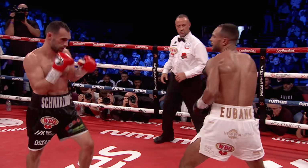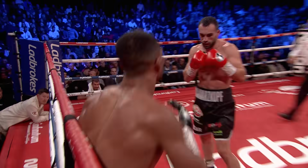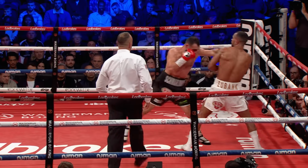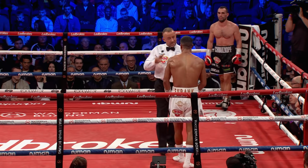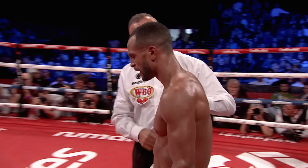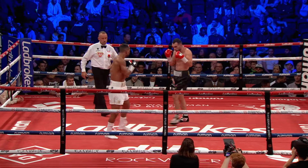I just think Eubank switches off every now and again in this sort of mid-range distance. He gets caught with a few shots, and also when he throws the right hand, he brings that right foot forward, and that's a worry for me. And he might get caught with a sharp left hook. See, again, they're arguing that it was low. And you can see very clearly, one more of those, I'm taking 2 points off you. He's just got to take that shot out of his